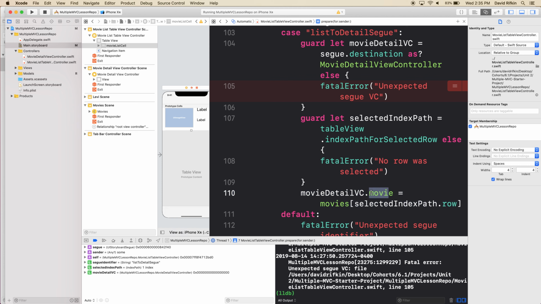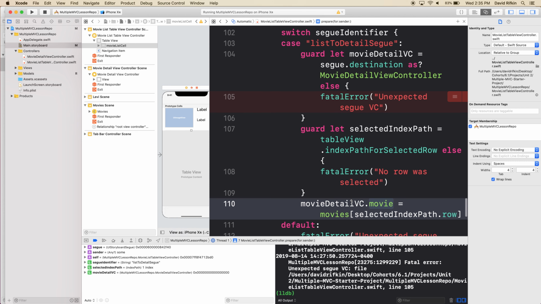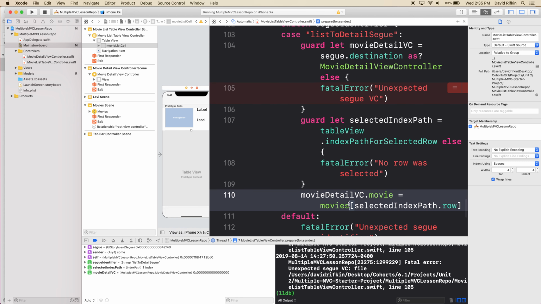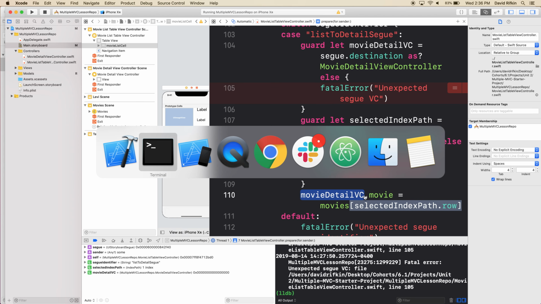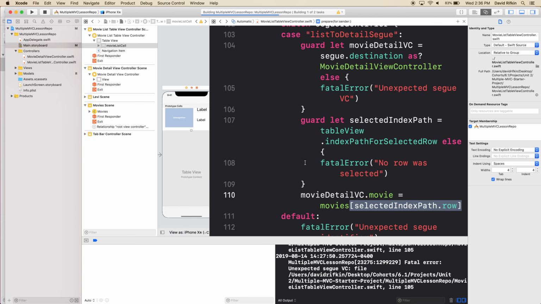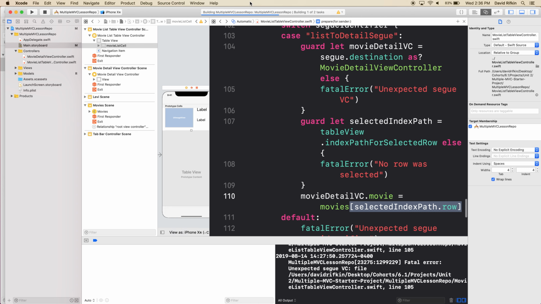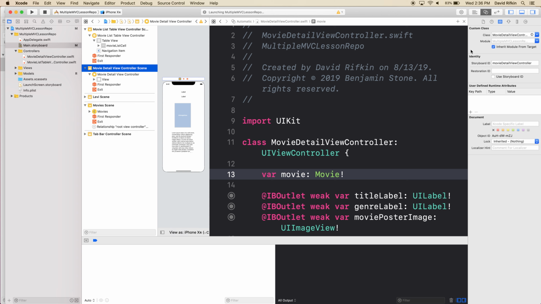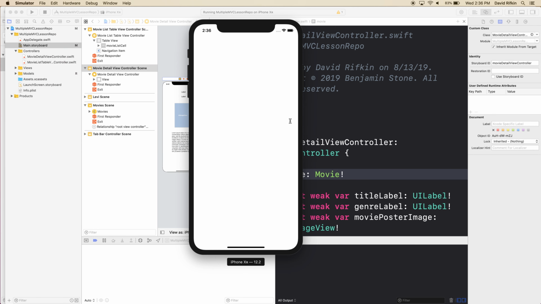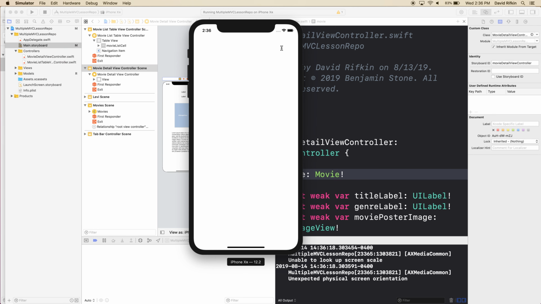So to this property movie, I'm looking at the model in my list table view controller, and I'm picking out one of those movies. I'm picking out the movie at the exact row that I tapped. So that's why when I run this, let's run it again. Hopefully it works. Okay, so when I run this,